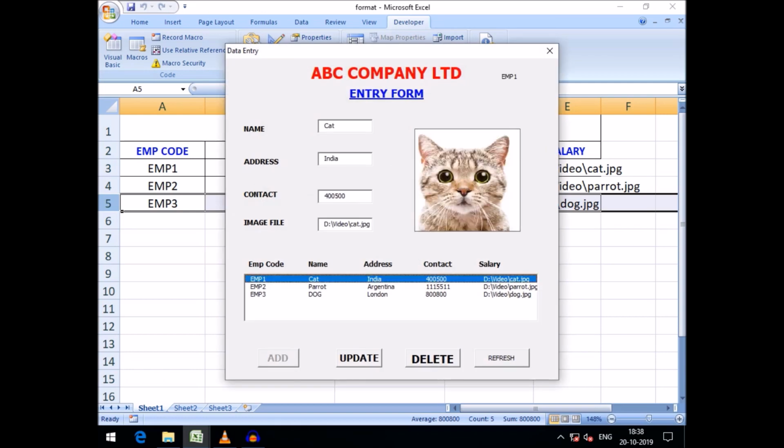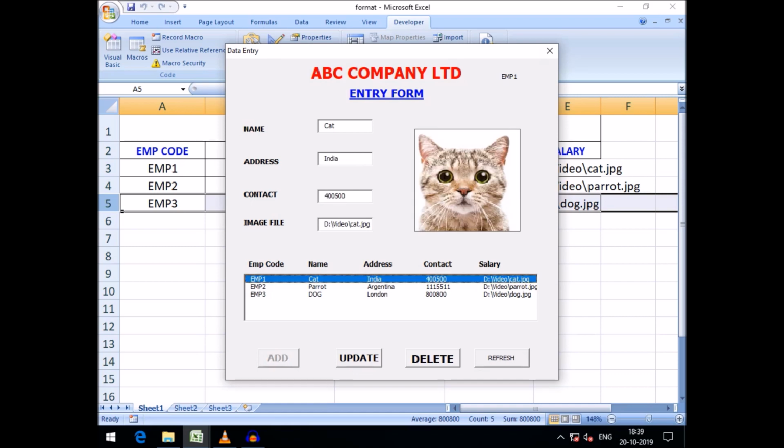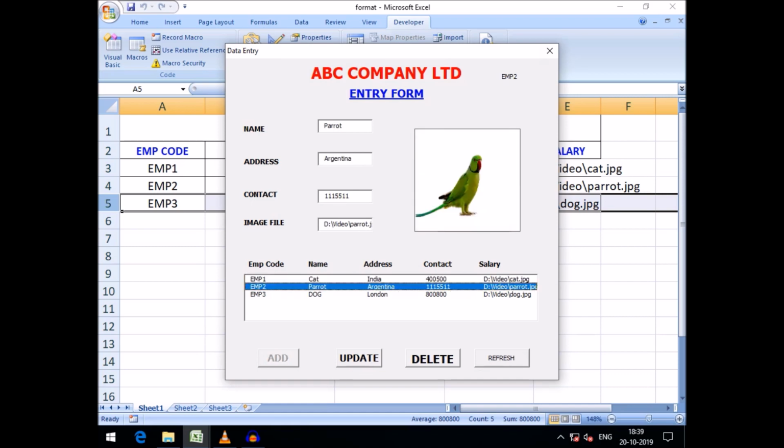Say cat, the add button is disabled, and if we click on refresh button, let's see what happens. See, everything gone and add button has been activated. That means it has been enabled. Again we click on parrot emp2, add button goes disabled, and click on the refresh button, everything will be refreshed. So this is our task for today, friends,